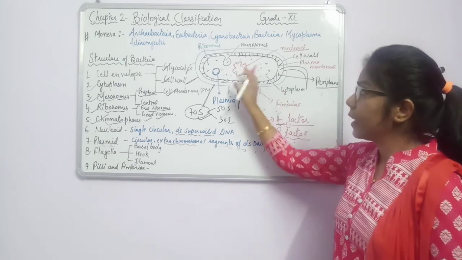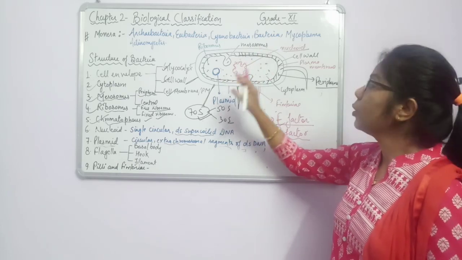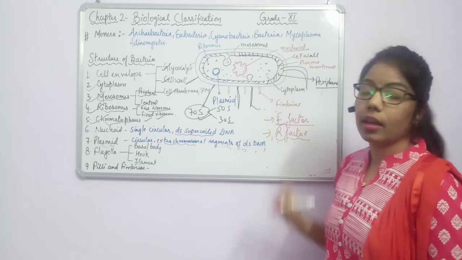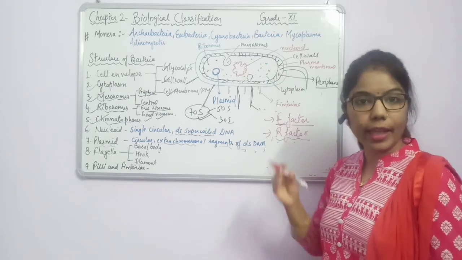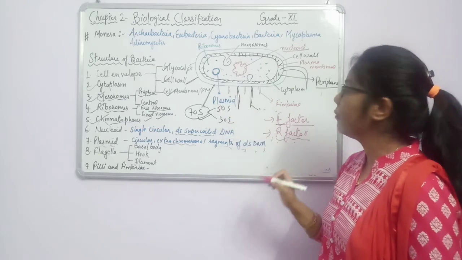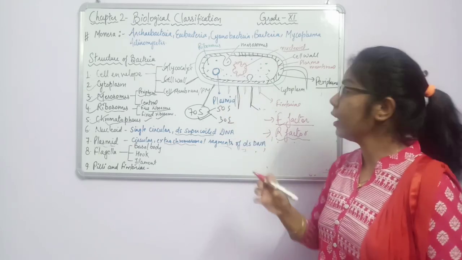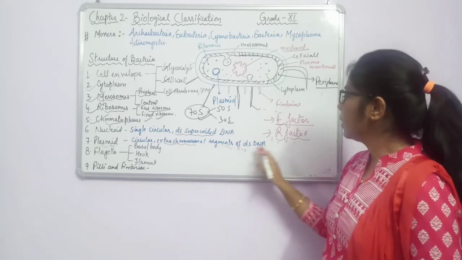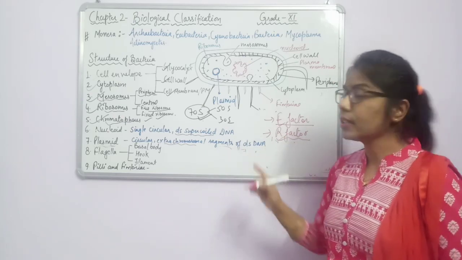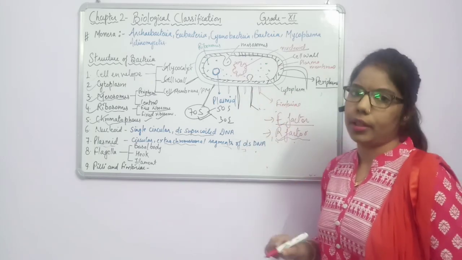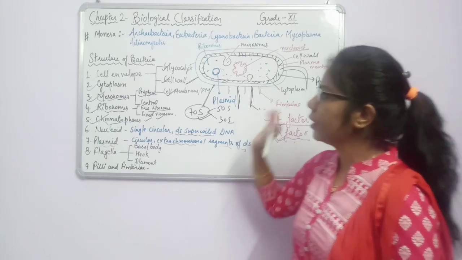It provides resistance to the bacteria to avoid antibiotics. If we provide any antibiotic against this bacteria, this plasmid will act against it and protect the bacteria from that particular antibiotic. So it is providing resistance to the bacteria from the antibiotic. Fine, so this is another thing.